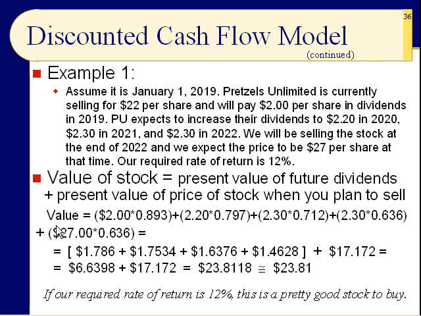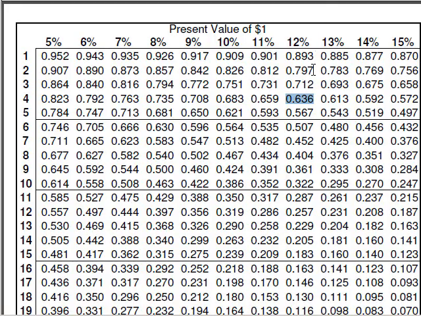The second part of the formula is the present value of the price of the stock when we plan to sell. We're estimating, we guess, we may look at somebody else's estimate and say we think it's going to be worth $27 at the end of year number 4. So what's the present value multiplier for year number 4? Don't get caught in the trap. What some students do is they use the present value multiplier for year number 5. No, it's the same year,